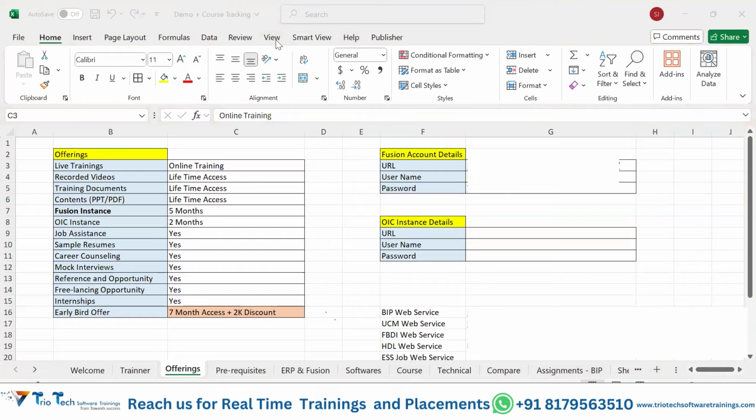Someone is asking that, in any of the web portals or job portals, if you see an OIC consultant mentioned, OIC means ICS. OIC contains three sets of major services: ICS, VBCS, and PCS. 90% of the companies are only interested in ICS, that is the integration of data, integration of